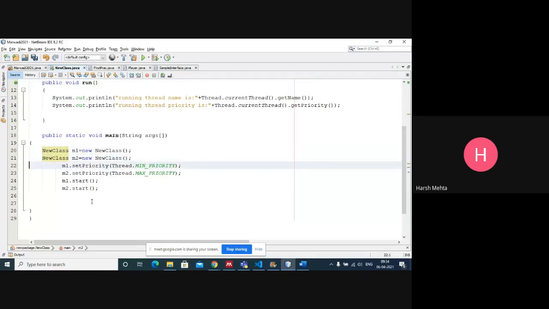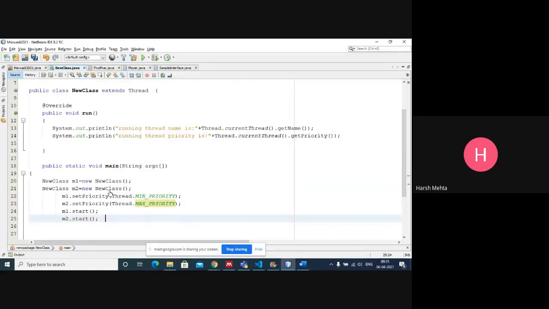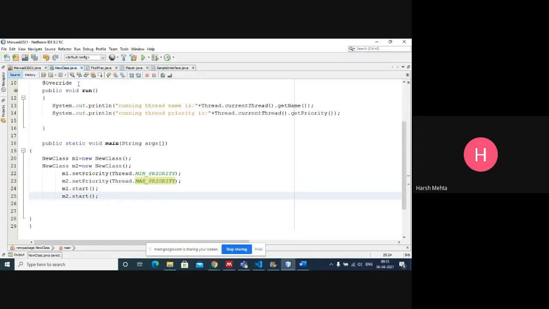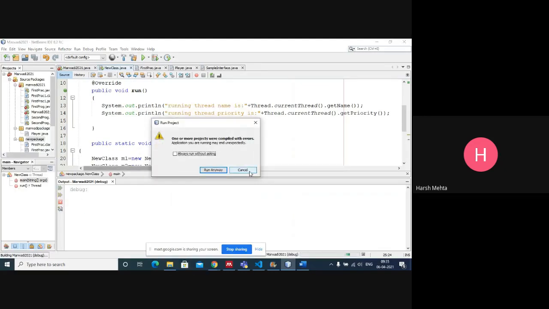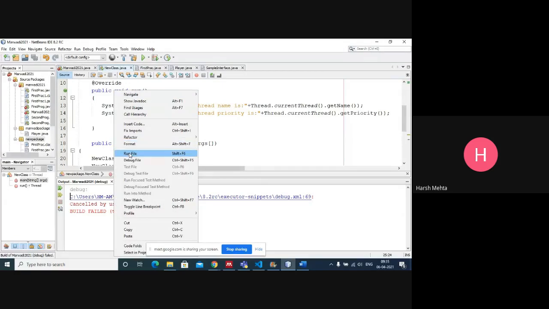Now we create new objects M1 and M2. For M1, which is one thread, we set the priority to minimum priority. For the M2 thread, we set the priority to maximum priority. Now if we start M1.start and M2.start, let's see which thread runs. Not debug, cancel. I want to run this.